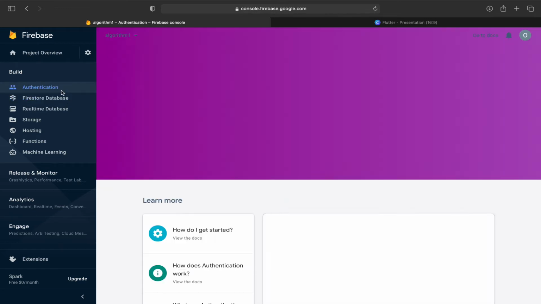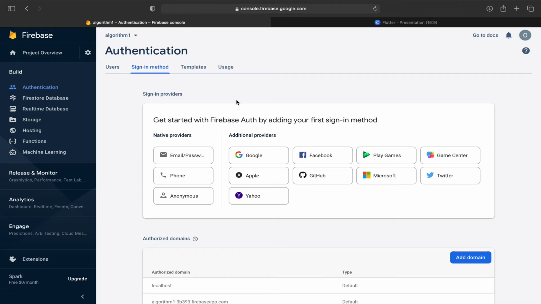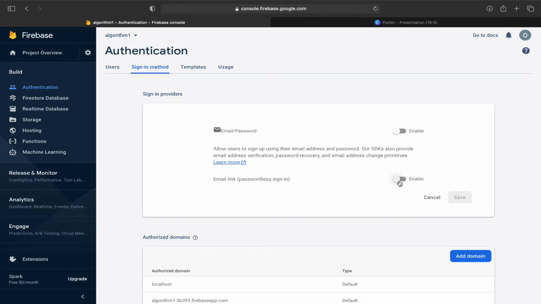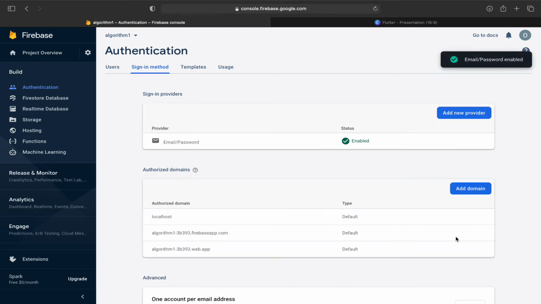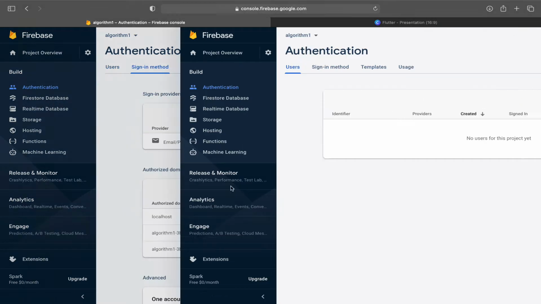Let's go to authentication, and click on get started so that my authentication is also initiated. Let's just wait. Okay, so this is also added, and now you can see that I can choose various providers. I can choose Google, I can use Facebook, but today we will be learning simple email and password authentication. Now let's click on enable and save. Now you can click on users, and over here all the users who get added will be shown, right? Perfect. Okay, so authentication is added, database is added.